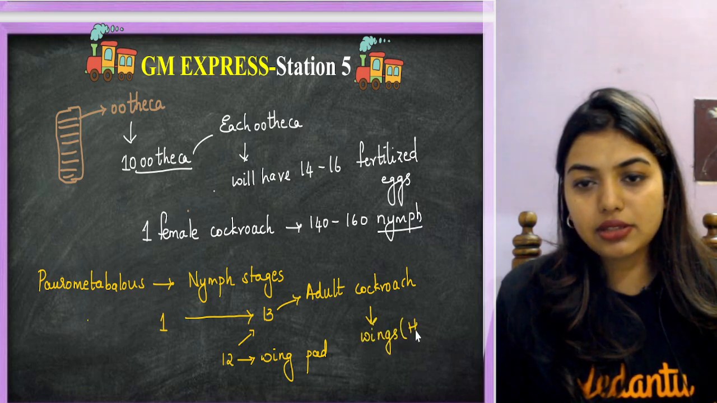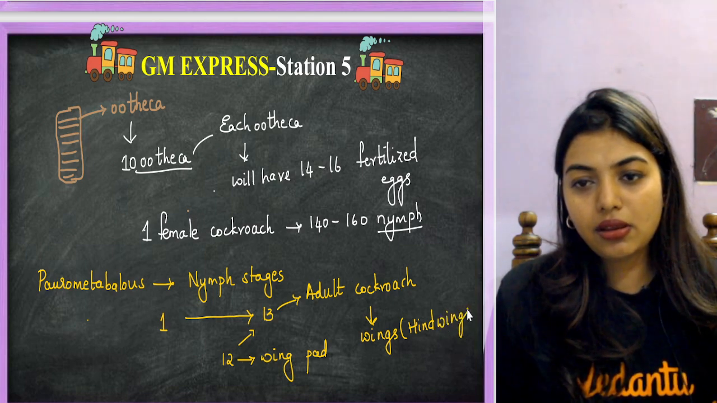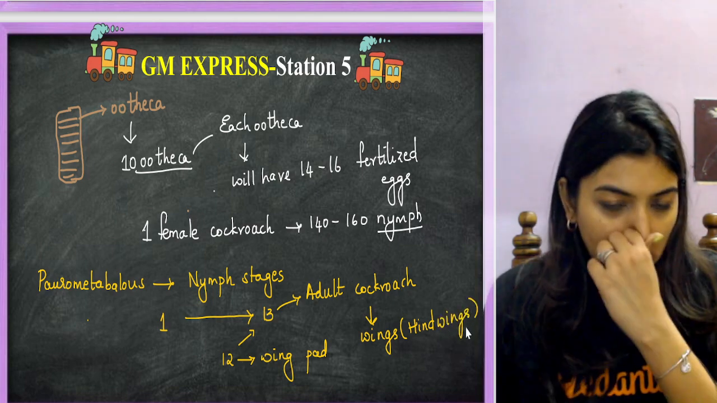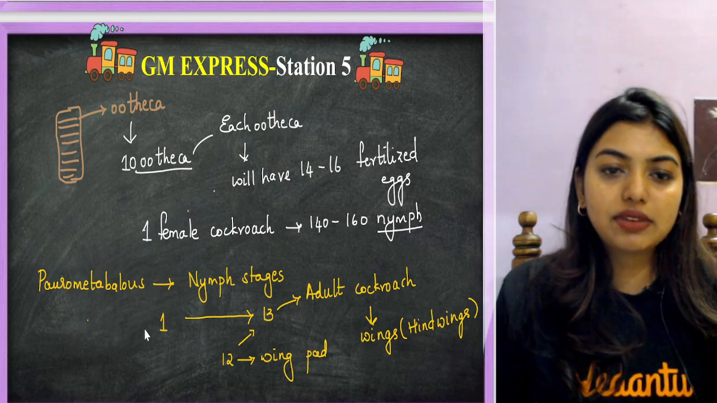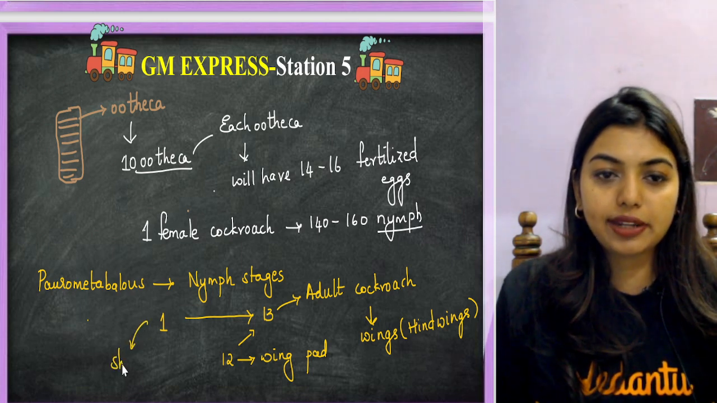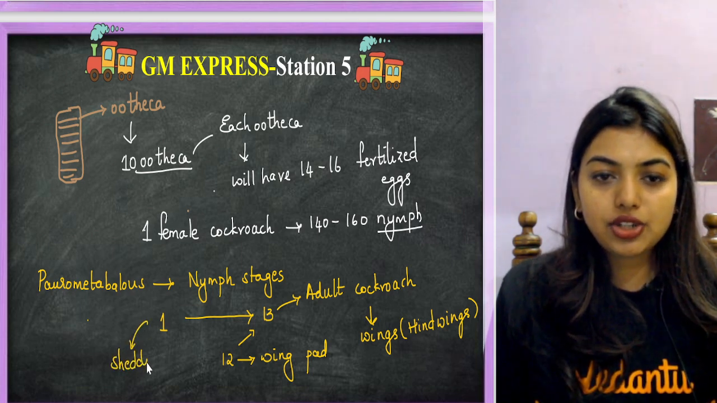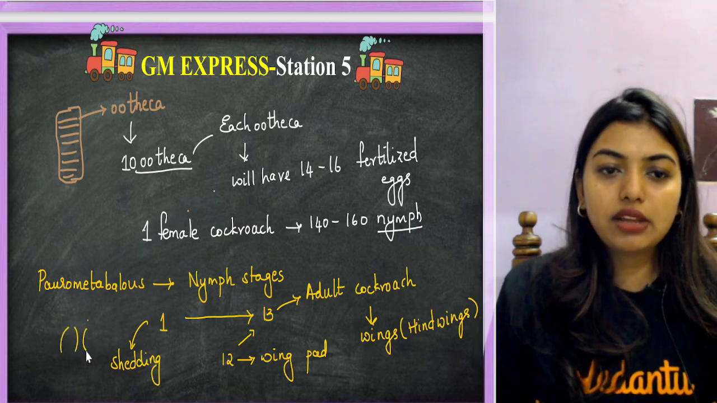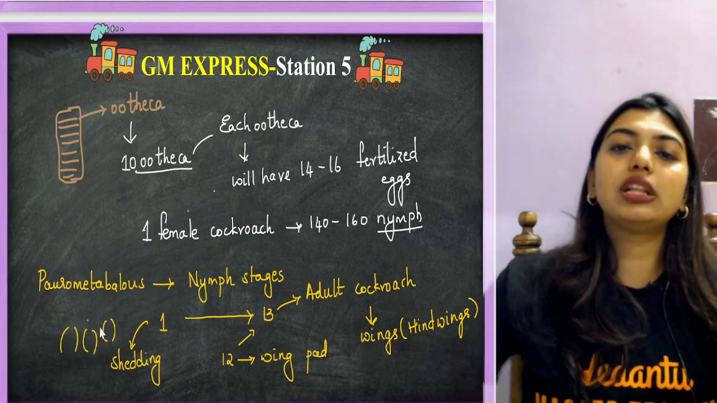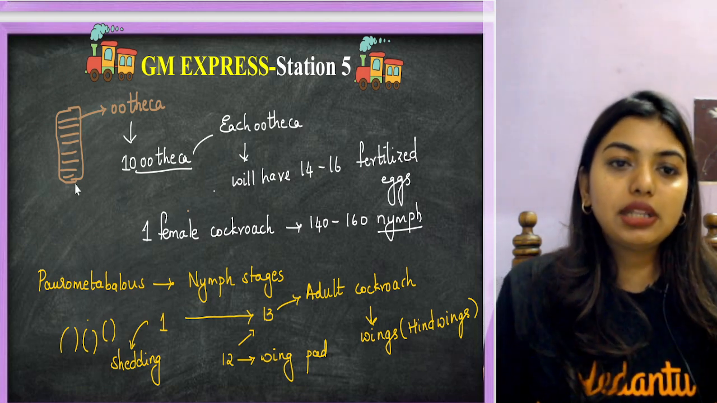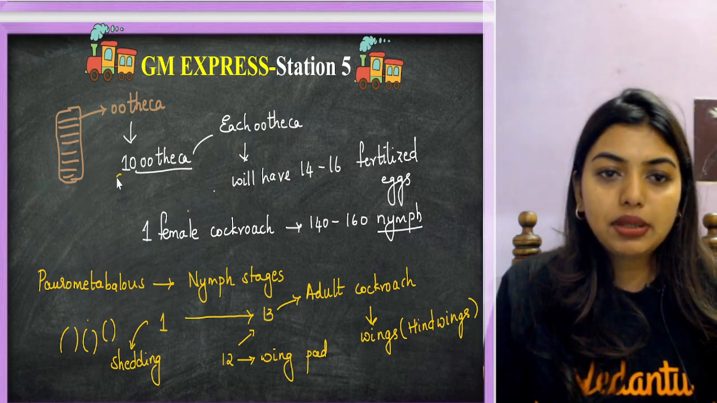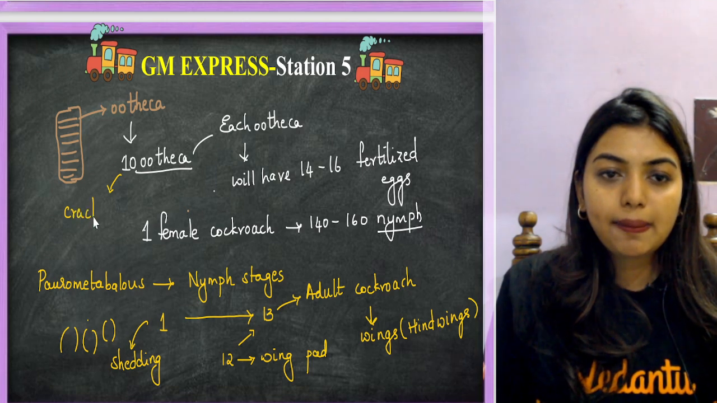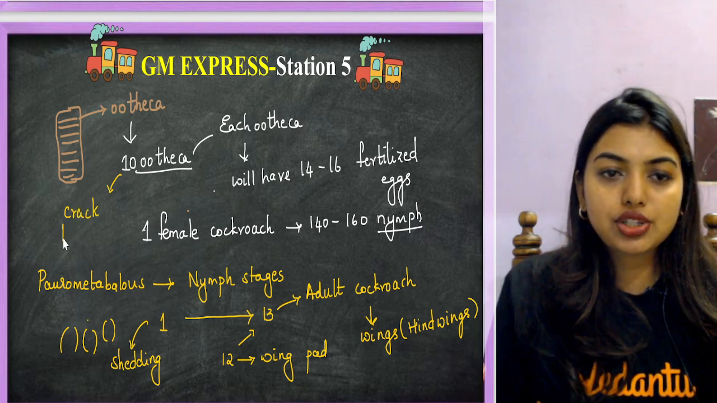There are the hind wings, which will only be seen in the adult stages. In the nymph stages, students, they will continuously go through shedding. That is shedding and molting, we tell, no? That is where the outer layer will be continuously removed till they become big. Now this ootheca will be placed in the places where there is a crack, near moist